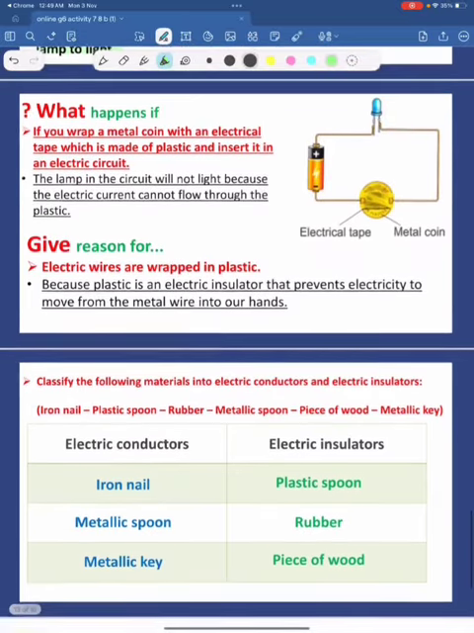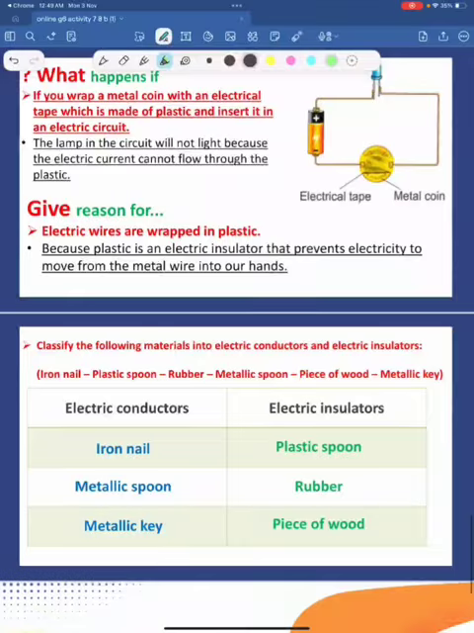Here we will explain two questions: what happens if, and give reason. What happens if we insert the coin into the circuit, but we cover the coin here, as shown, with